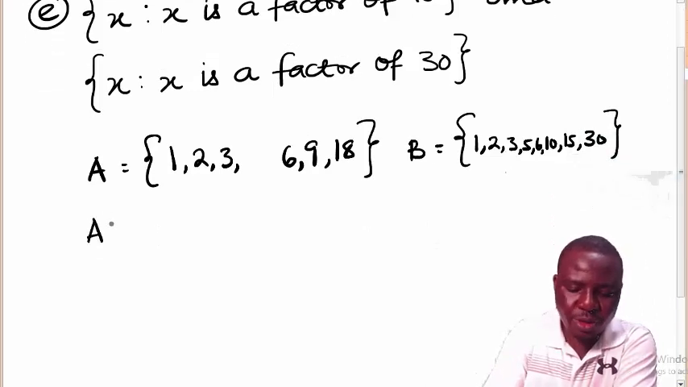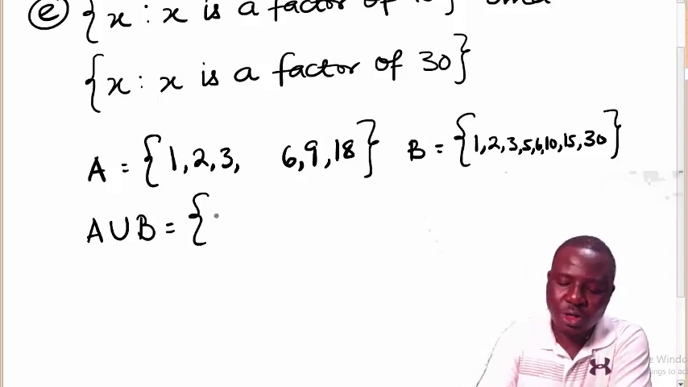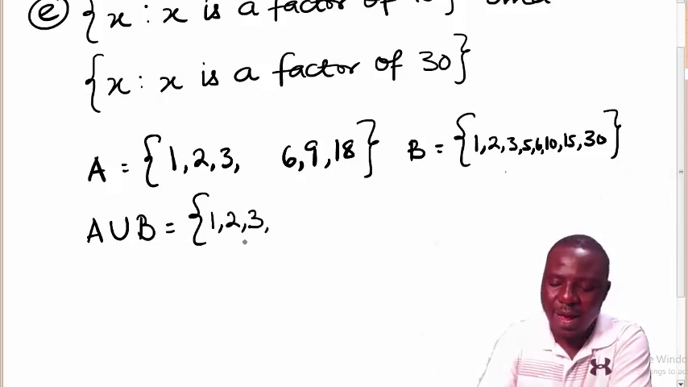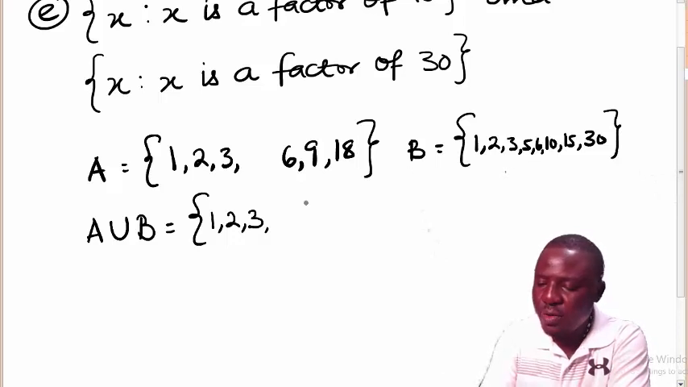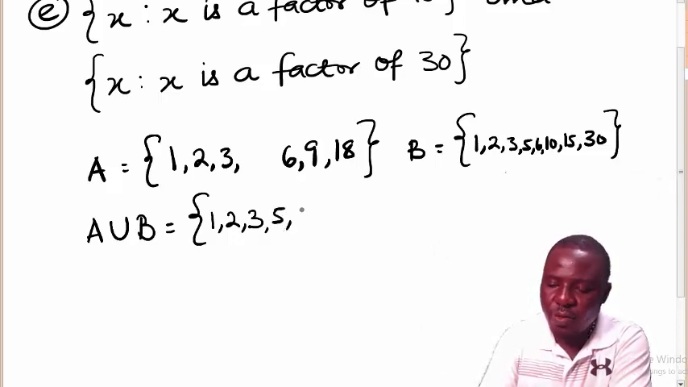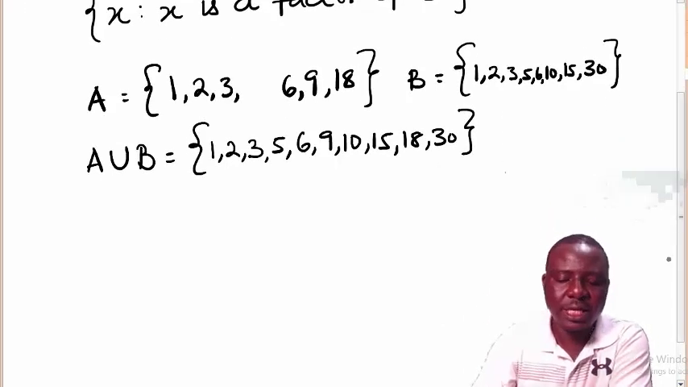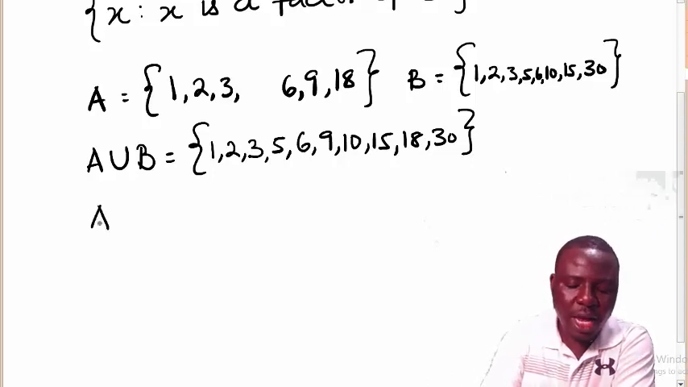We have A union B, meaning all in A plus all in B without repetition. So we have 1, 2, 3. I'm writing them now in ascending order. 3, we have 5, we have 6. No 7, no 8. We have 9, 10, 15, 18, and 30. So these are the elements in the union of A and B,